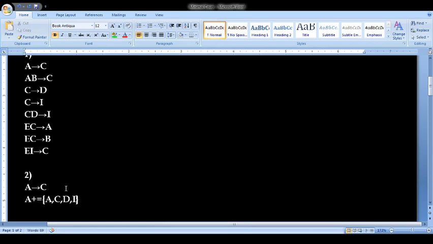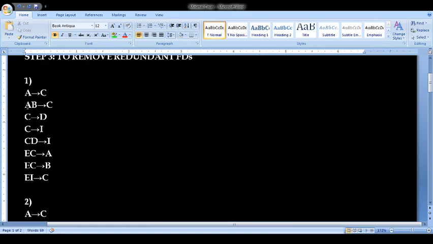Now, go through this A closure, and it contains C. That means in AB implies C, without the help of the B attribute, A is able to attain C. So B is an extraneous attribute in this functional dependency, and B can be eliminated.